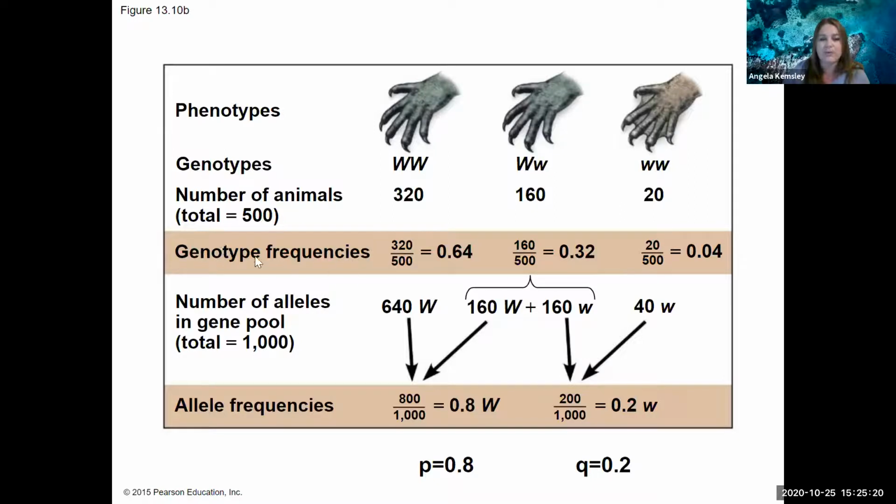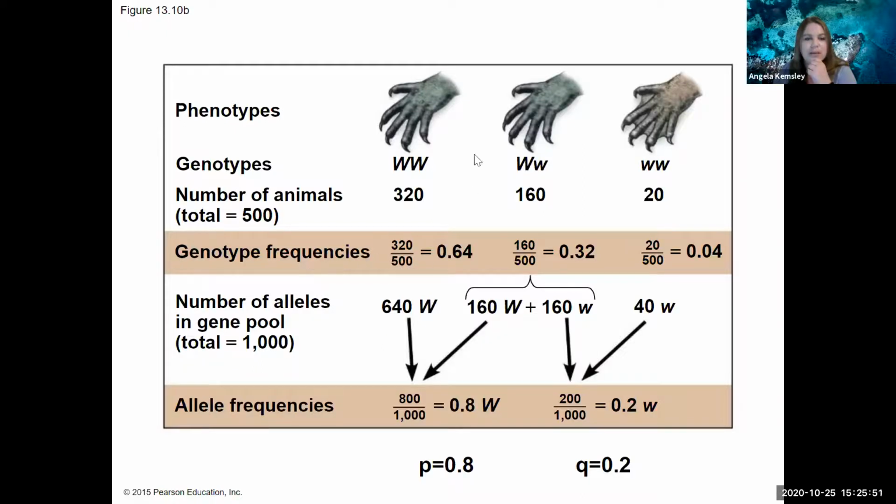So again, genotype frequencies are referring to homozygous dominant, heterozygous, or homozygous recessive. So taking into account both the alleles in order to get the genotype. So we're going to take a look at our genotype frequencies here first. So remember, they're out of 500 individuals. So each of these fractions will be over 500. To get the genotype frequency, you're simply going to take the number of individuals with that genotype and divide it by the total number of individuals in the population.